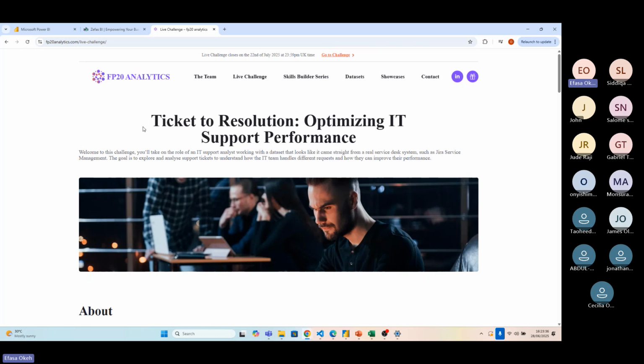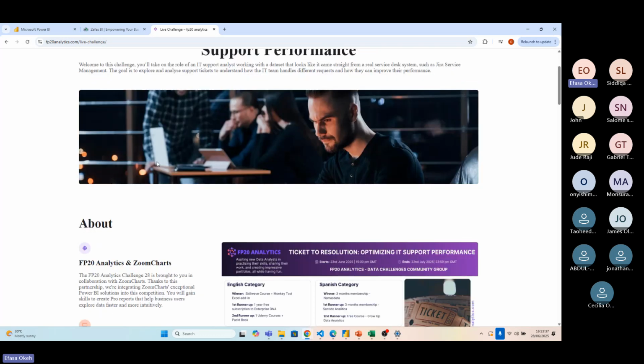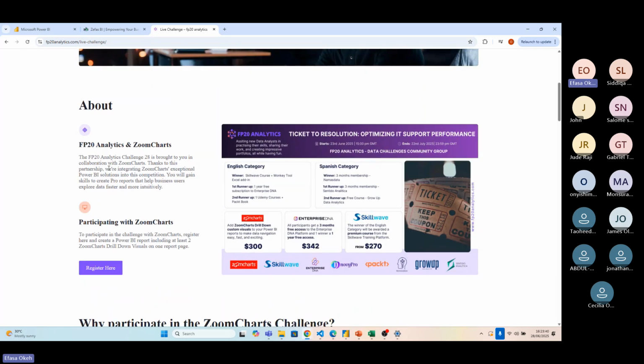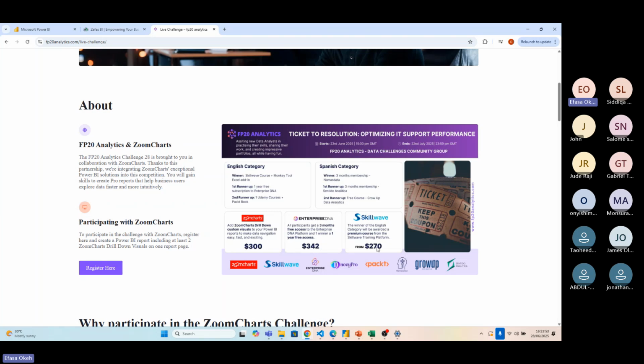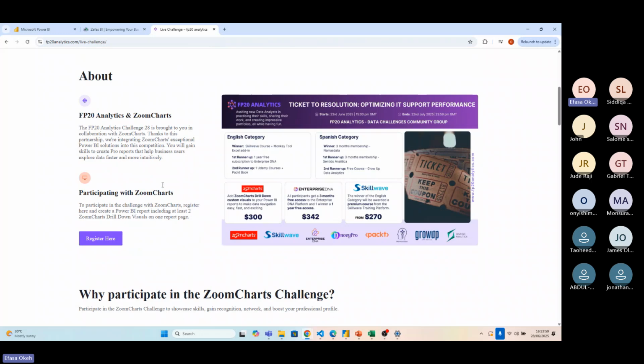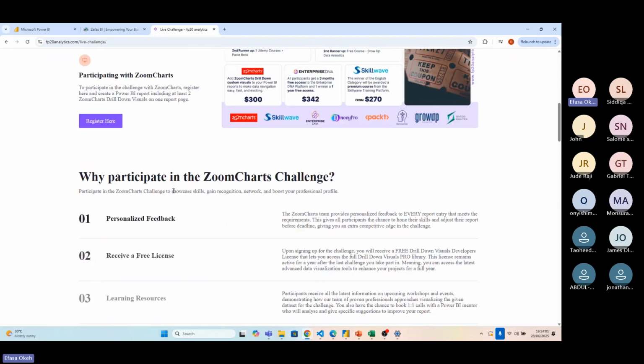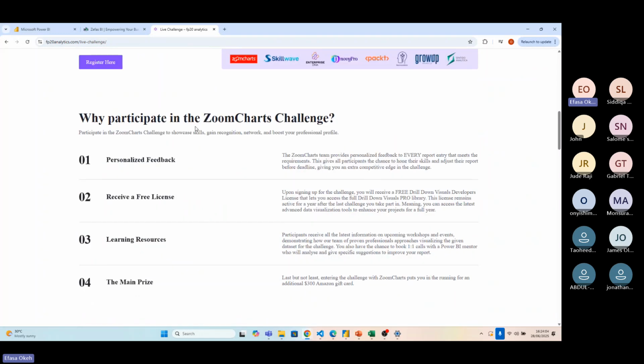But interestingly, for this challenge, they have all the instructions you need to follow, right? And of course, you can actually win this $300 also. All participants get a 3-month free access, which I didn't know before now. This is interesting. This is another 342, and these are interesting prizes for you to win, and you can see all the prizes well detailed out, right? Now, if you scroll down, you see why participate using Zoom Chat. This is actually